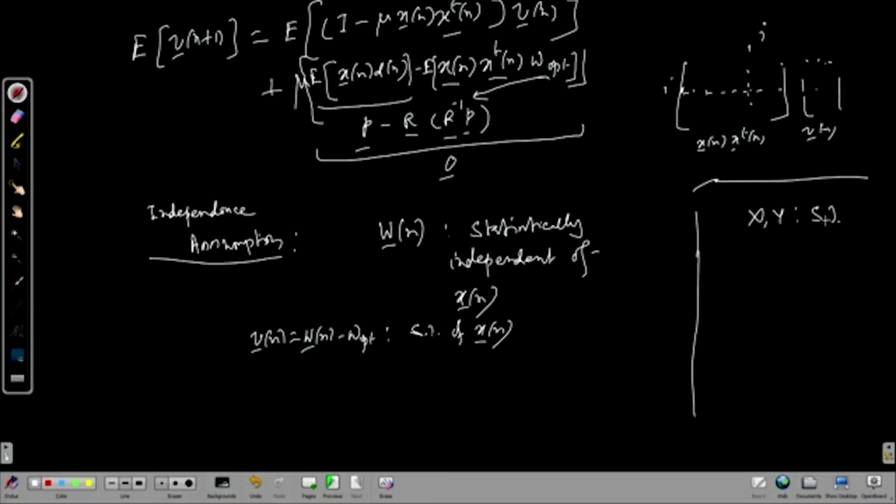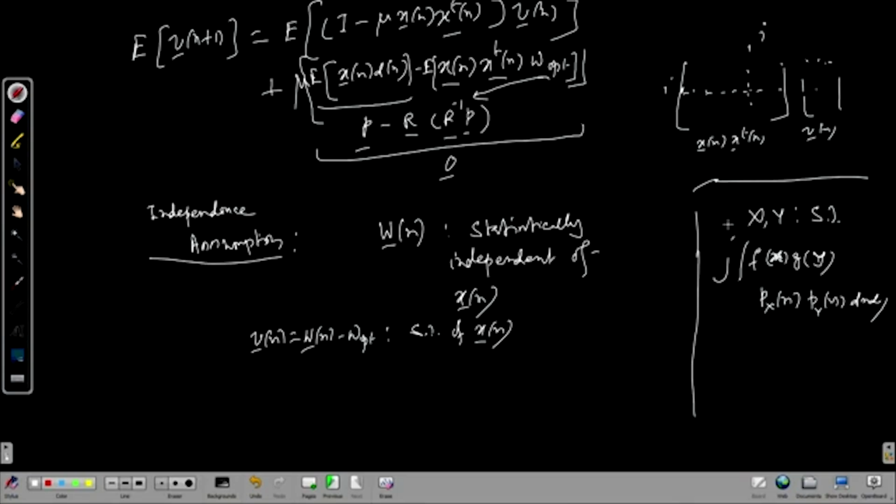Then, if you have got some function like f x g y, then its expected value will be this into the joint density, but the joint density will be this because they are statistically independent, and then double integral dx dy, and you can take f x p x x under one integral, that will give you the expected value of f x, and g y p y y under another integral, that will give you the expected value of g y. So,